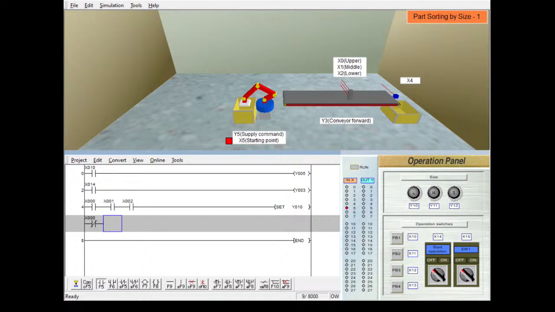So now the first one will be normally closed, the second will be normally open with address of X1, the next one normally open X2, and that will go for the medium, which is Y11. Great. The next one will now be normally closed